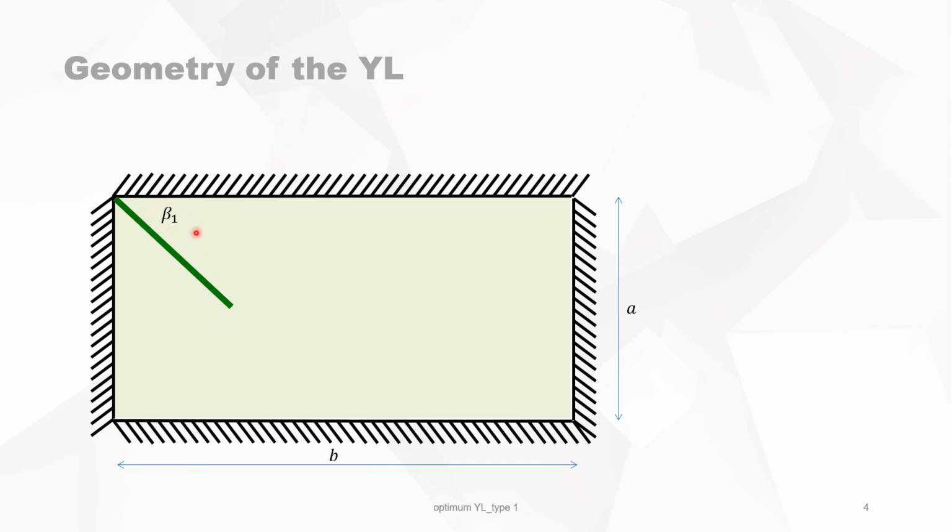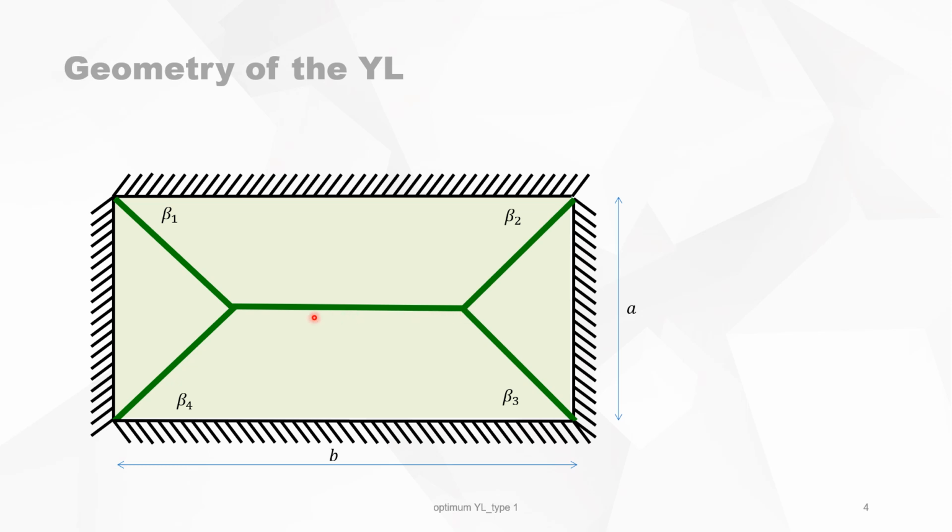The angle beta 1, we do not know. We will calculate the angle beta 1. So I will treat the four corners with a different angle, beta 1, beta 2, 3, and 4. Where those two yield lines cross each other, there's a next yield line connecting those two points. Now we will